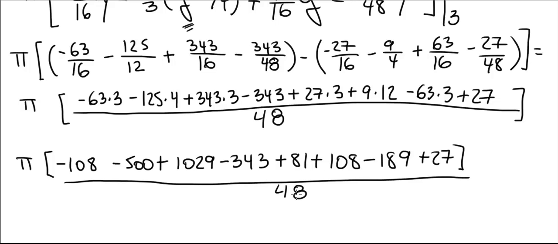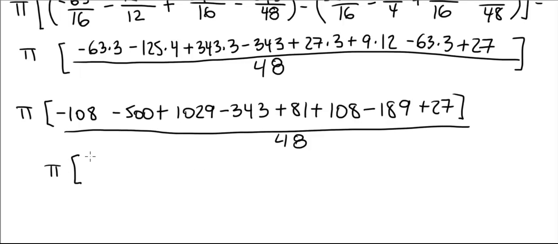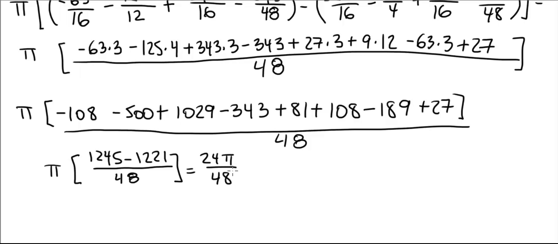So if we add these up, we have pi times the positive terms in this list add up to 1245. The negative terms add up to 1221, divided by 48, and of course this is 24 pi divided by 48, and finally we arrive at the final answer. The volume of this solid is pi